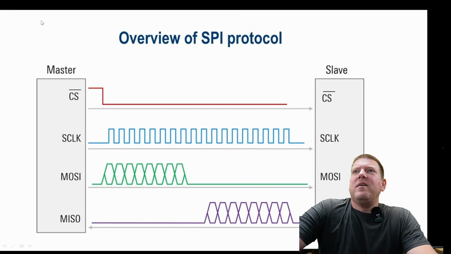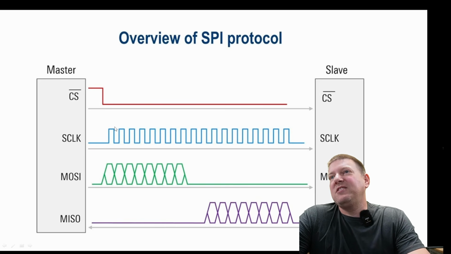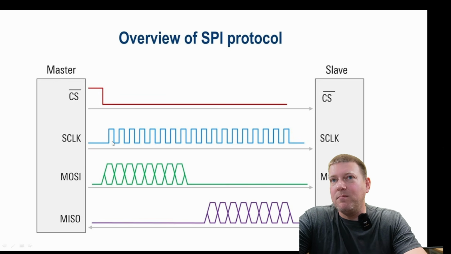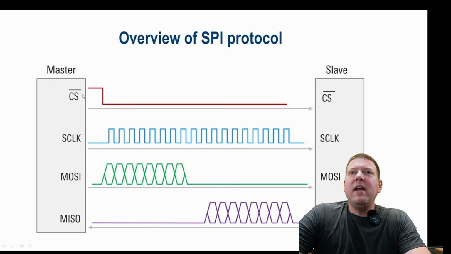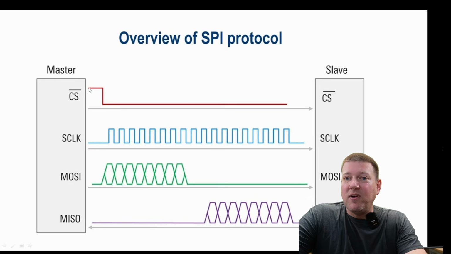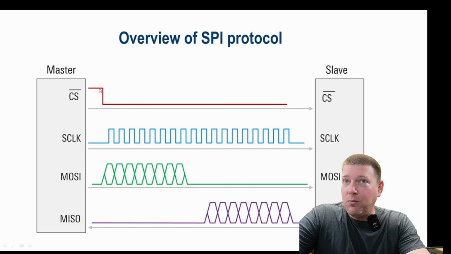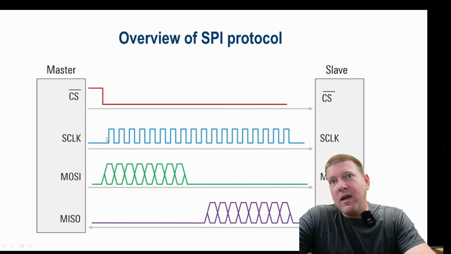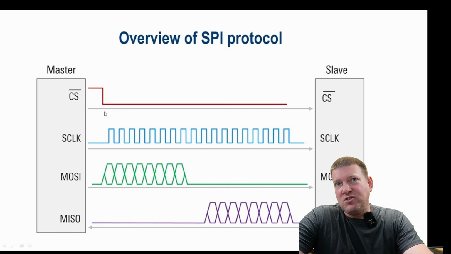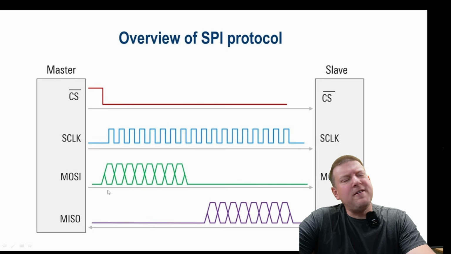So let's talk about the SPI protocol and how does it work, all right? So this is a synchronous data protocol. So it's going to send data with every clock pulse. See that? Boop, boop, boop, boop, boop. And right here, look at this, chip select. So it, again, open collector, open drain, stays high. And then when it wants to do something, it goes low. And then it starts the clock. You see how the clock isn't started right here? So it sends chip select low, starts the clock,